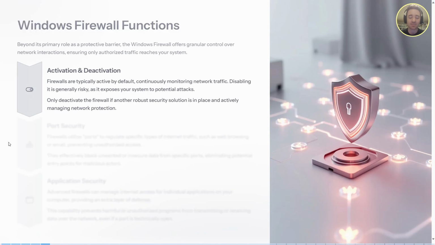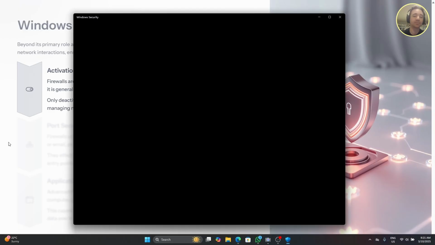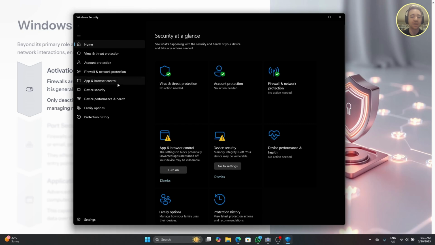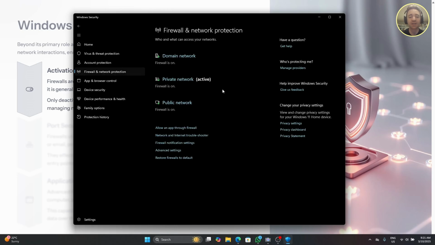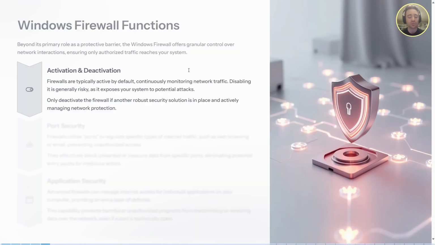So same place, guys. If you wanted to activate or deactivate it, we could go to security and then move on down to firewall and network protection, and you'll have each of your individual network profiles. You can click on one of these and you can turn it on or off. I'm not going to turn that off because I'll get a notification. My camera will stop recording, as I've already found out, and I don't want that to happen. So that's how you can do it. You can also go to